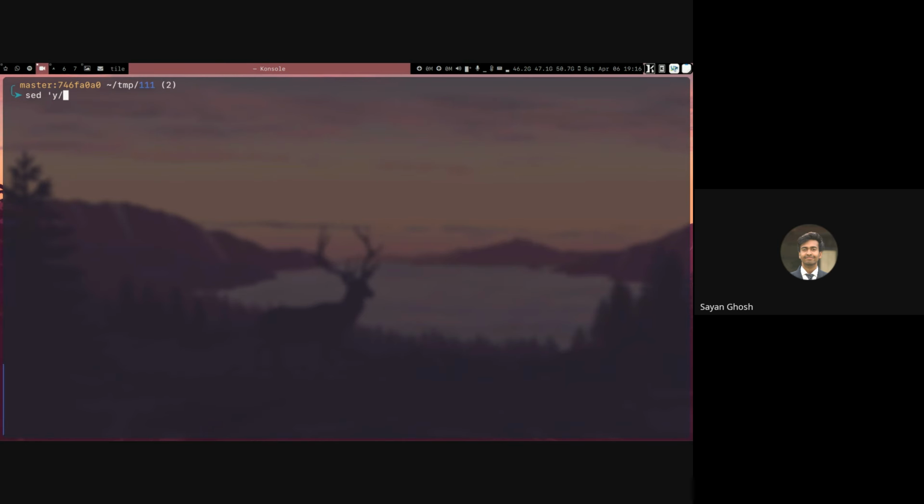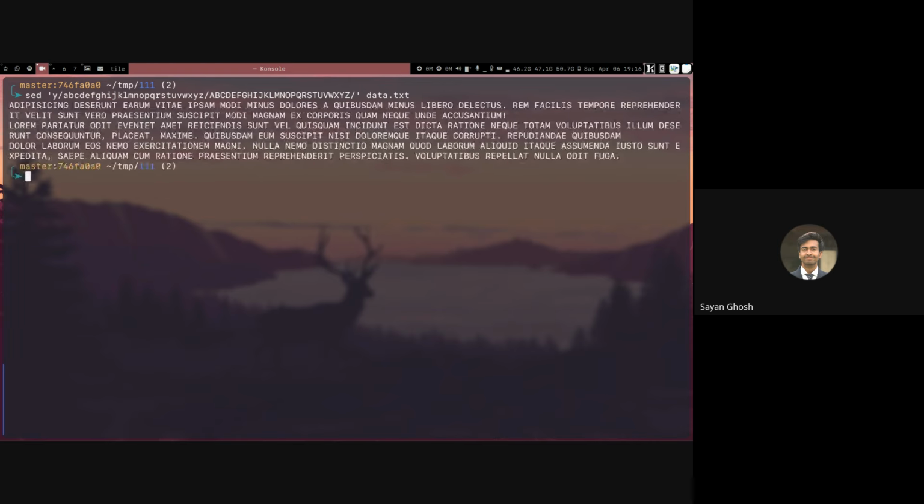So this y, we write similar to the s for substitution. We write y, and then we give a character that delimits where we start the source. So here, let's say I give A, B, C, D, E, F, G, H, I, J, K, L, M, N, O, P, Q, R, S, T, U, V, W, X, Y, Z, and then my destination is A, B, C, D, E, F, G, H, I, J, K, L, M, N, O, P, Q, R, S, T, U, V, W, X, Y, Z. If I do this on the file, which is data, you can see